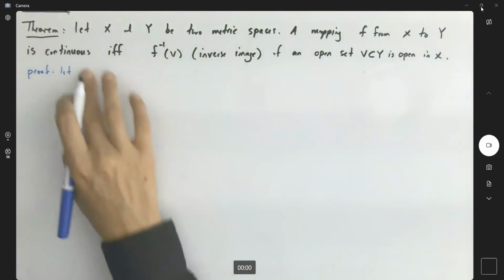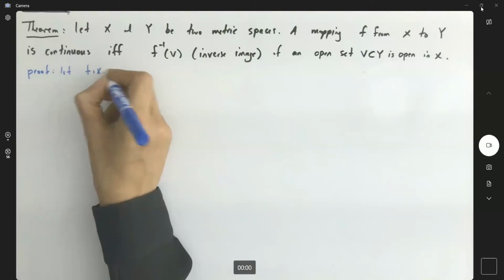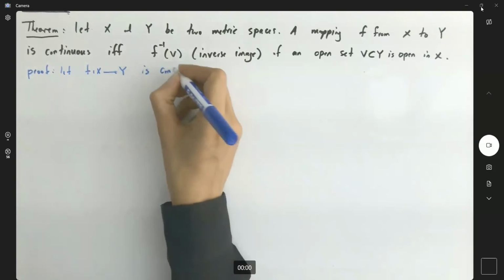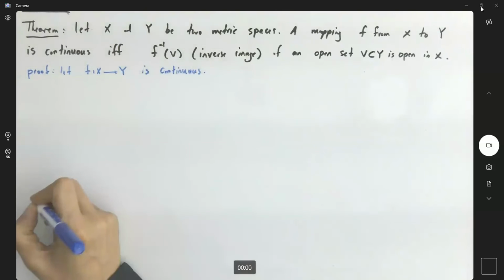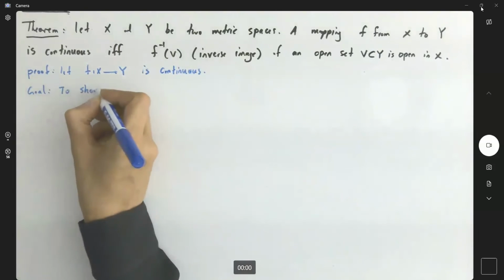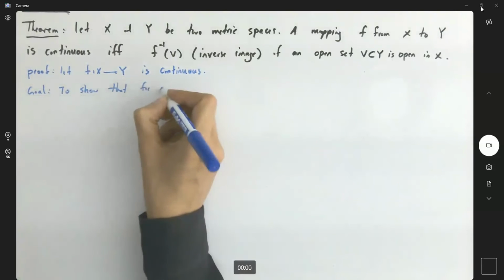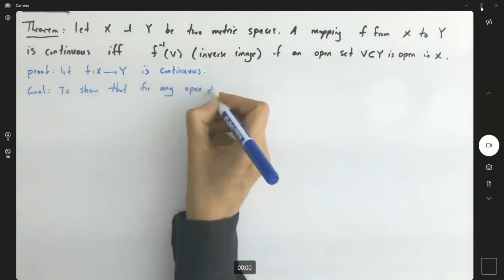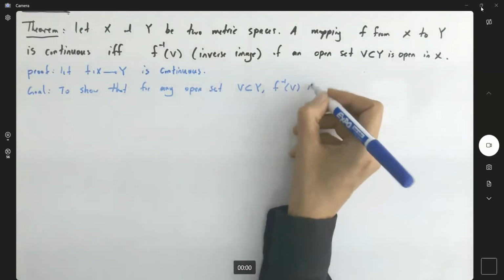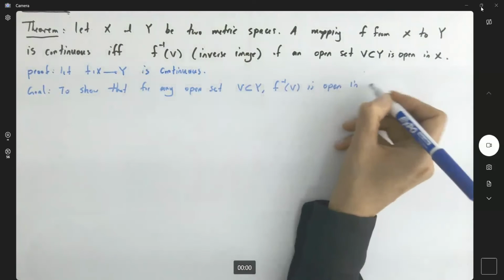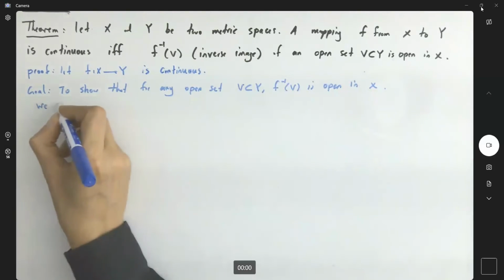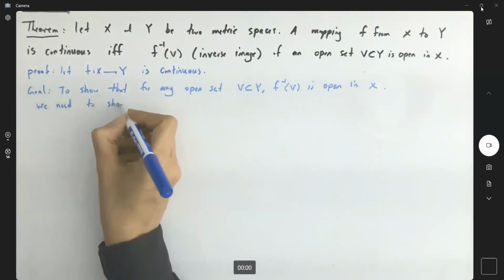Let X and Y be metric spaces, and F maps X to Y is a continuous function. Okay, so we have continuity. Our goal is to show that for any open set like V in Y, the inverse image of V is open in X. What's the meaning of that? It means that we need to show that